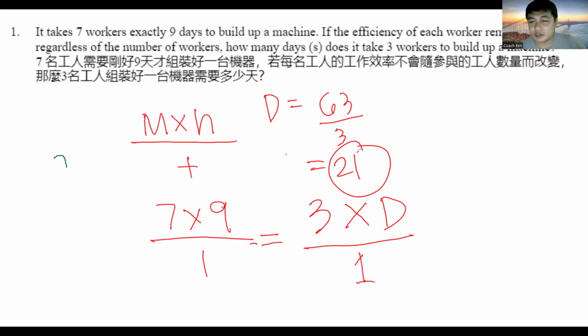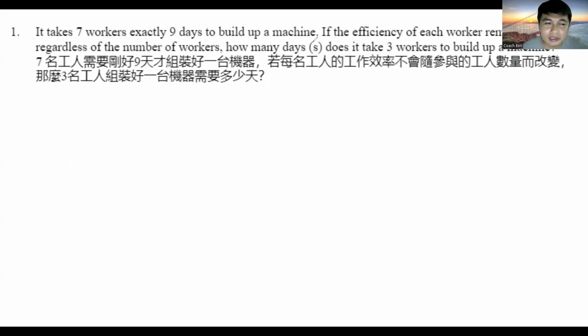Okay, very good. So the correct answer is 21. Thank you, Kiefer, for your solution. For the others that answered 21, that's also correct. So sige, let's go over number one again in case the others are still a bit confused. All we have to do for number one is work old must be equal to work new. That means the work done by 7 workers in 9 days must be equal to the amount of work that can be done by 3 workers in an unknown amount of days.